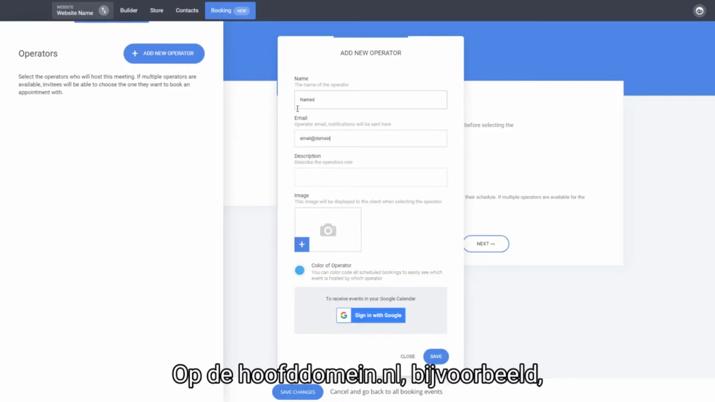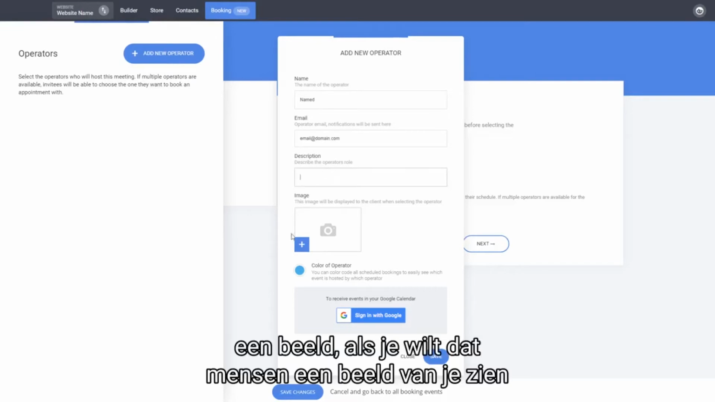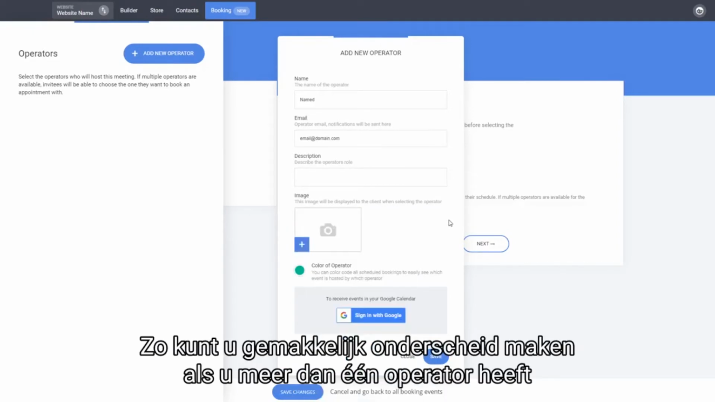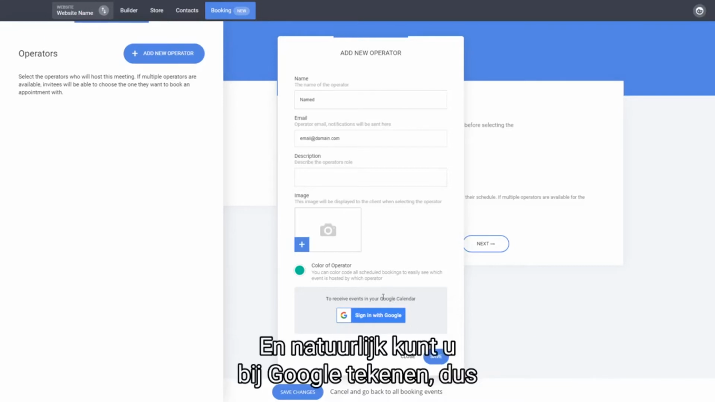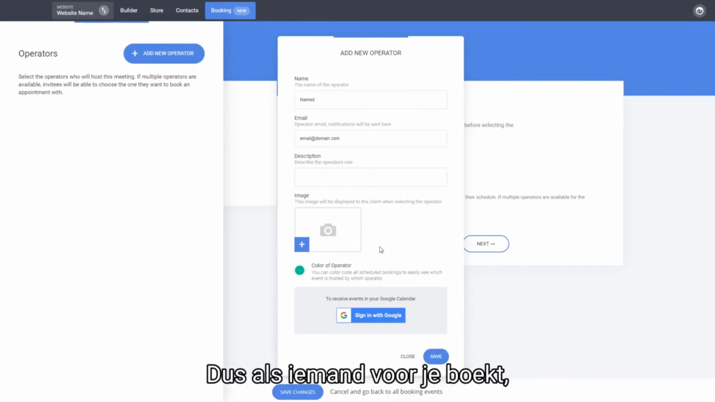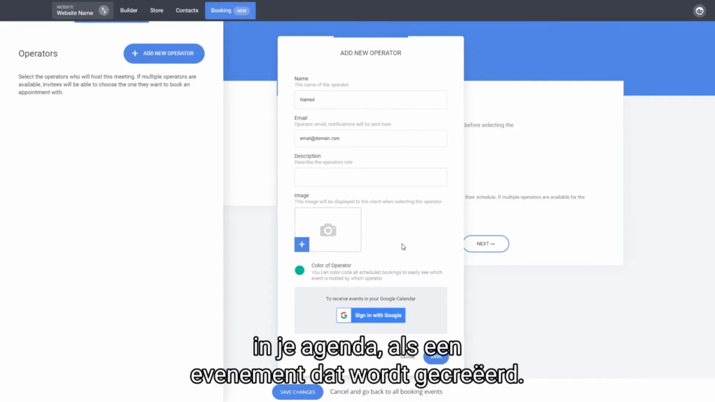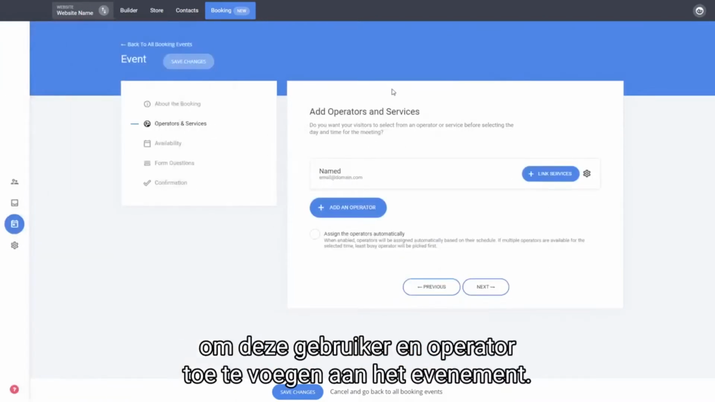at domain.com, for example, some kind of description if you want to have for yourself, and an image if you want people to see an image of you when they're booking an appointment, and you can even select a color. So this is for color coding, so you can easily distinguish, if you have more than one operator, when they have a schedule, which event is for which person. And of course you can sign in with Google so that you can sync your calendar with your operator. So when somebody books with you, you'll be able to see it in your calendar as an event being created. So you can click on save and click on add to add this user, an operator, to